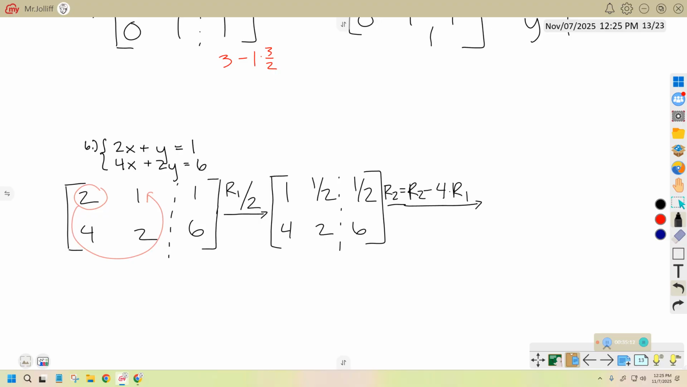I could see us squinting. So I'm going to write 4 times row 1 above row 1, just for clarity. So 1 times 4 is 4. 1/2 times 4 is 2. And I'm doing bottom minus top. So 4 minus 4 is, oh, and this is the same. Nobody knows what 4 minus 4 is? 0. Good. 2 minus 2 is 0. 6 minus 2 is